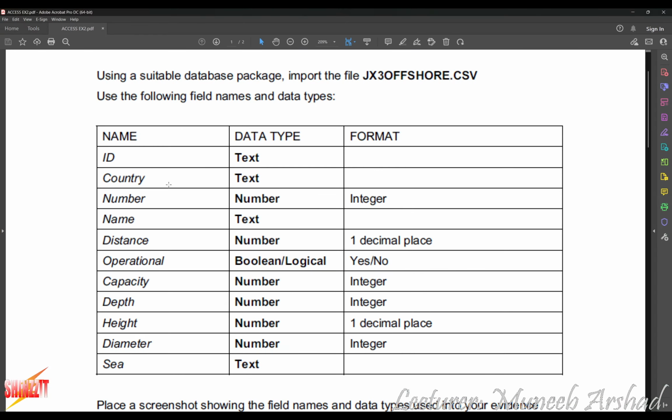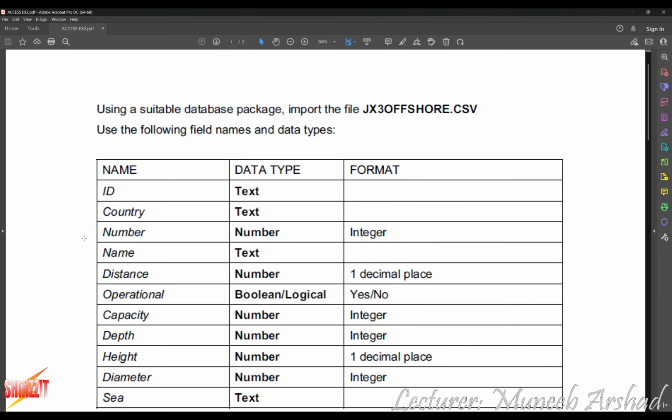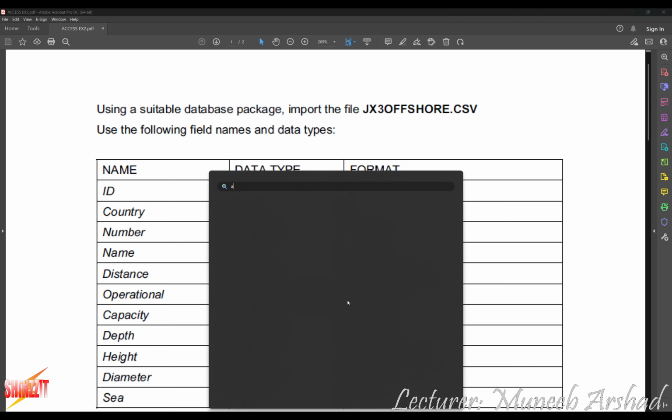Right, so it says using a suitable database package, import this file using the following field names and data types. You are given the field names, you're given the data types, and also the format or the advanced settings. So first of all, we open up Access,